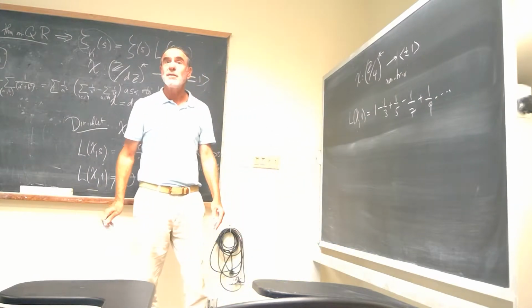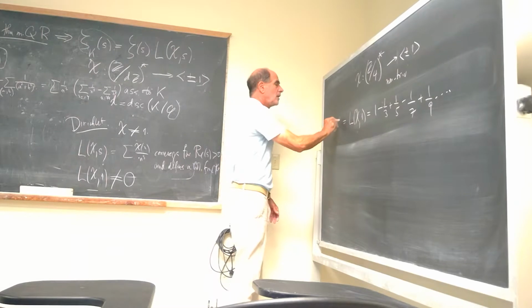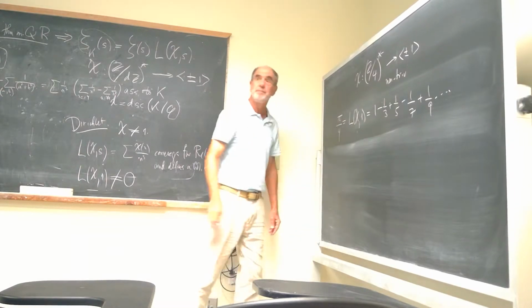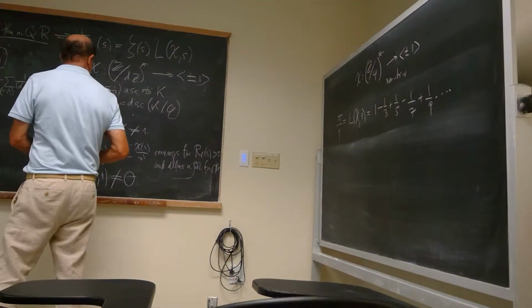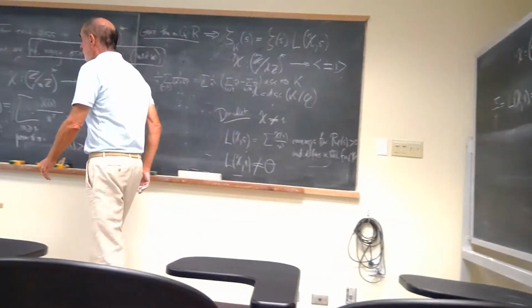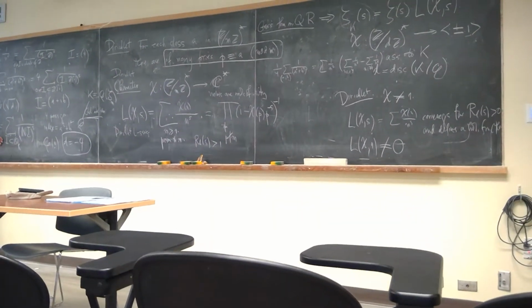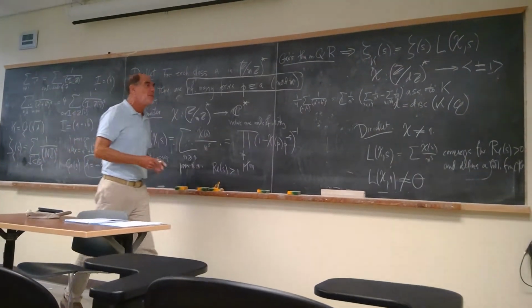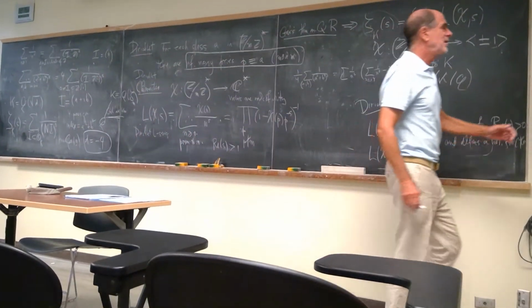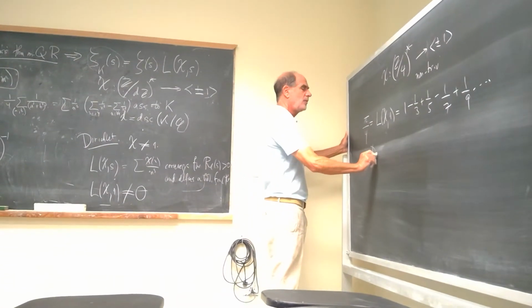That's the series that Leibniz had found was equal to pi over 4. Now, Dirichlet and later Dedekind found a formula for the residue of this function at s equal 1. Just like Euler had proved the residue of the zeta function at s equal 1 was equal to 1. They generalized that, and Dirichlet proved